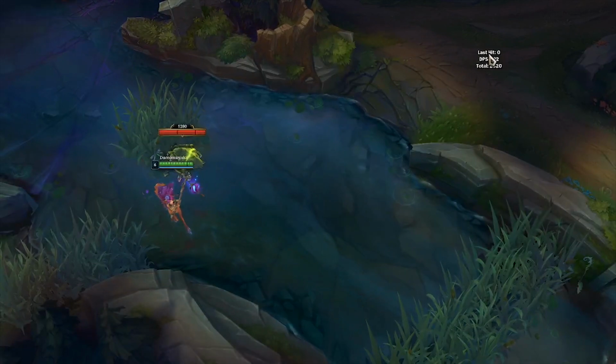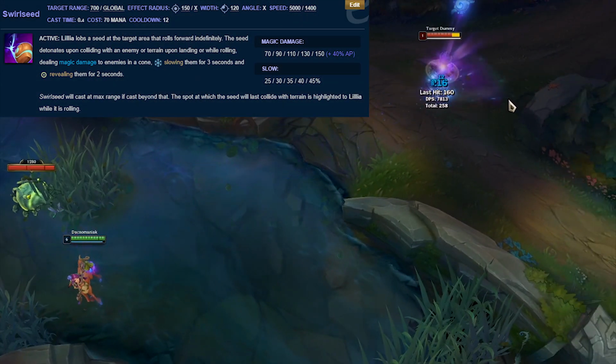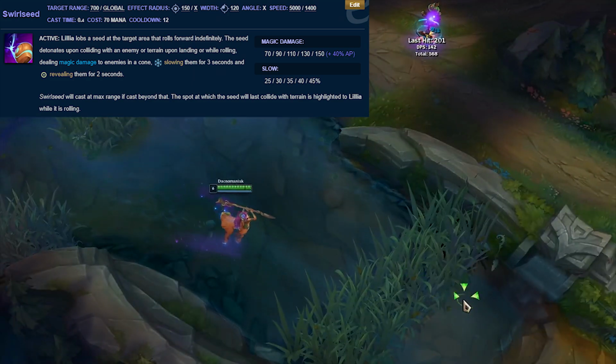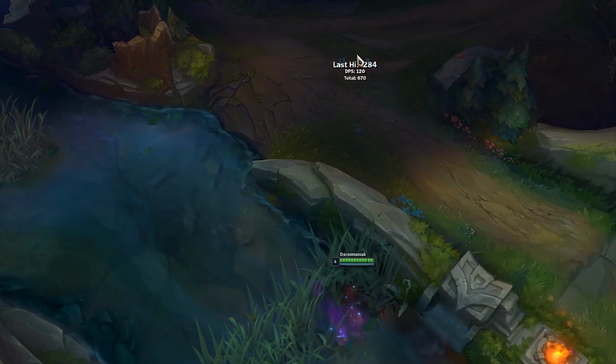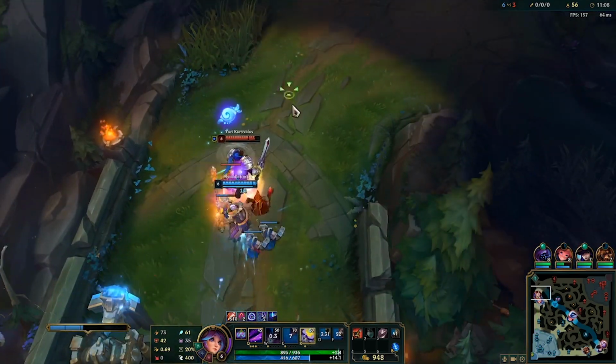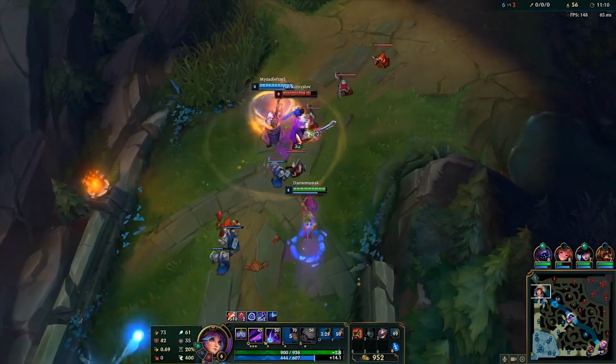Her E is Swirl Seed. Lillia lobs a Swirl Seed in a target direction, infinitely rolling in a straight line until it hits something. If it collides with an enemy, it deals damage and slows them. This is your main engage tool while ganking. Throw it out when you come in for a gank, and if it makes contact, it will slow the enemy